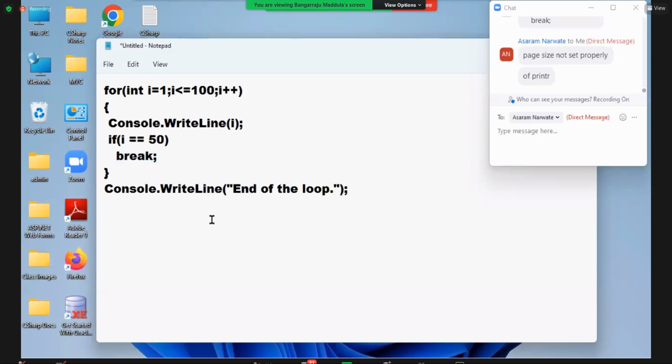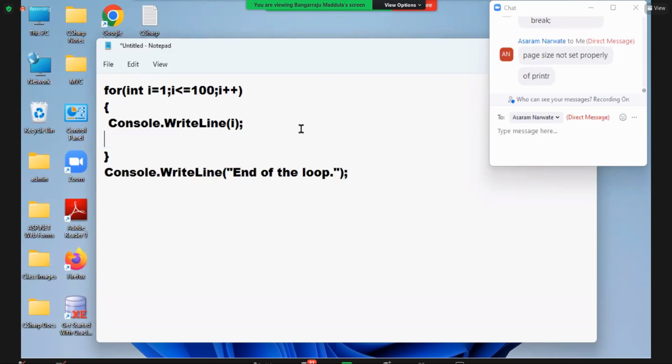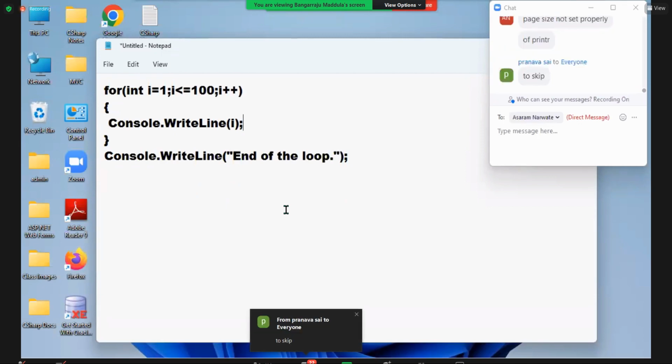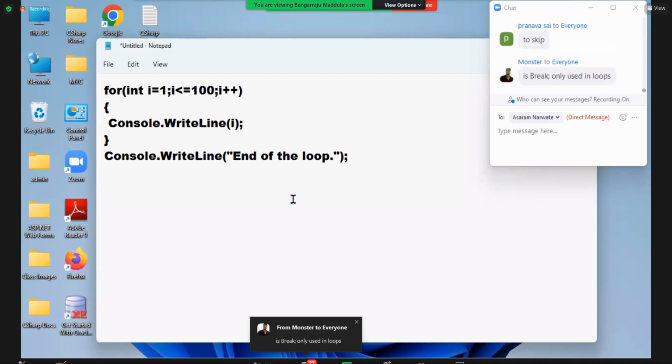Third one. First one is goto. Second one is break. Third one is continue. When should we use continue? Look at this. What is the output again? 1 to 100, end of the loop. Now guys, for example, I feel like 7 is an unlucky number and that should not be printed in my output. Did you catch my point? If that is the case,